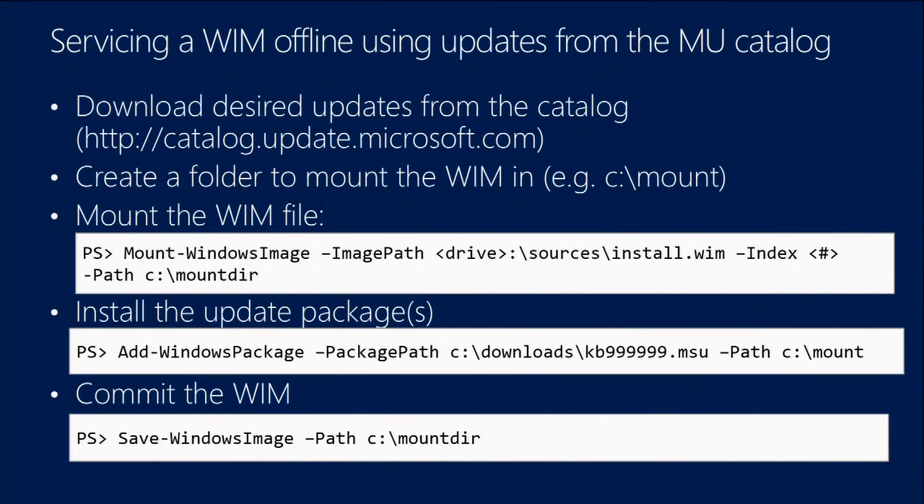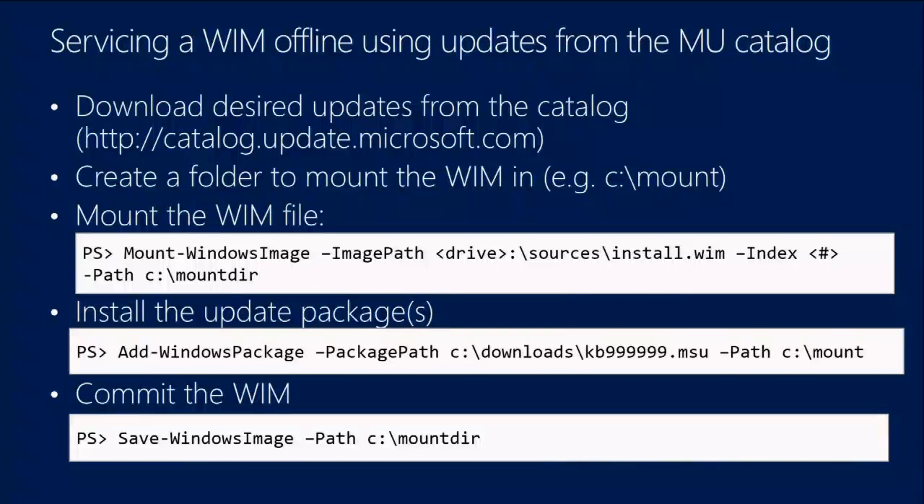If you were not using a running server and you just want to have that Windows image file on a network share, then there's a couple of other options that you have available as well. One option would be that you could download the updates that you are installing from the Microsoft Update catalog. So a great